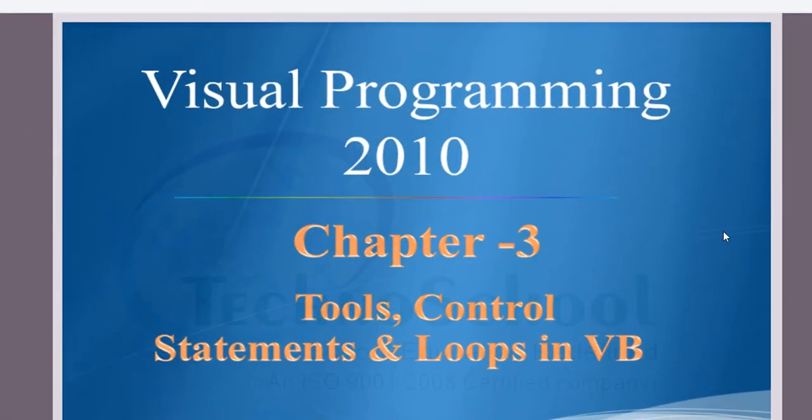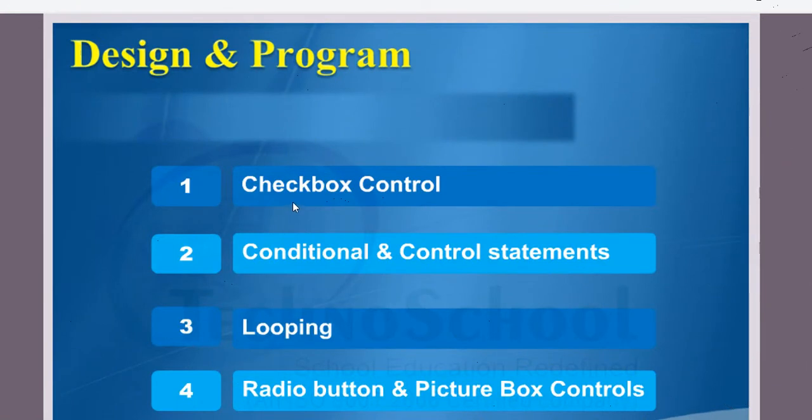So we learned in chapter 3 tools, control statements and loops in Visual Basic. The checkbox control with arrow, conditional and control statements, and today we are going to see only the radio button.